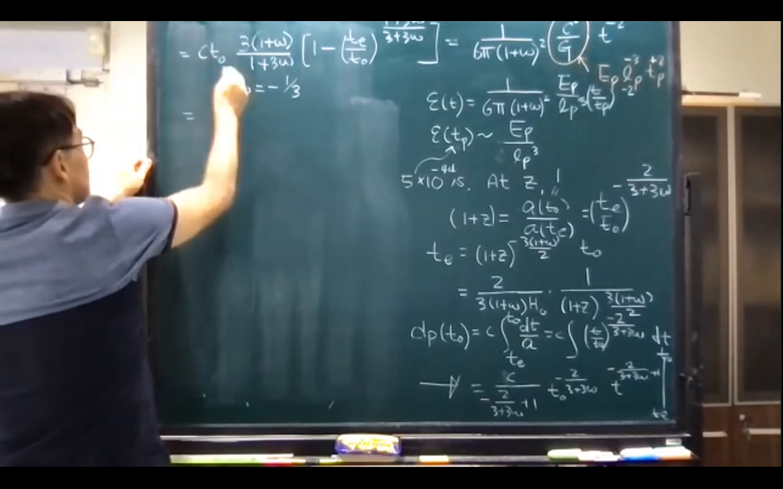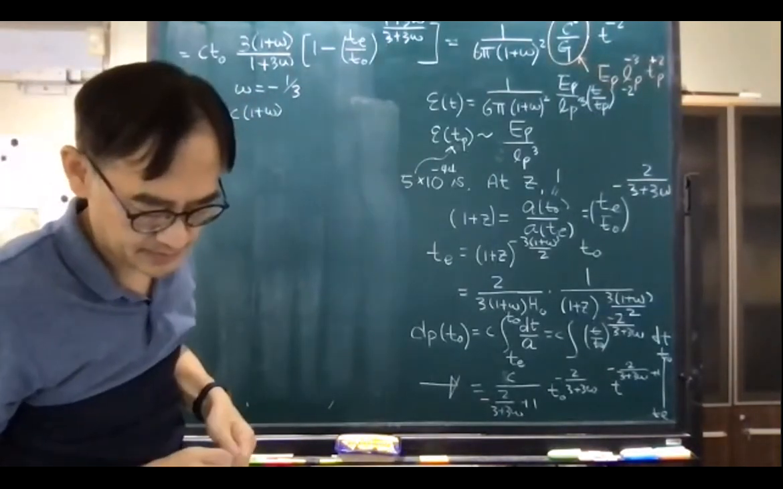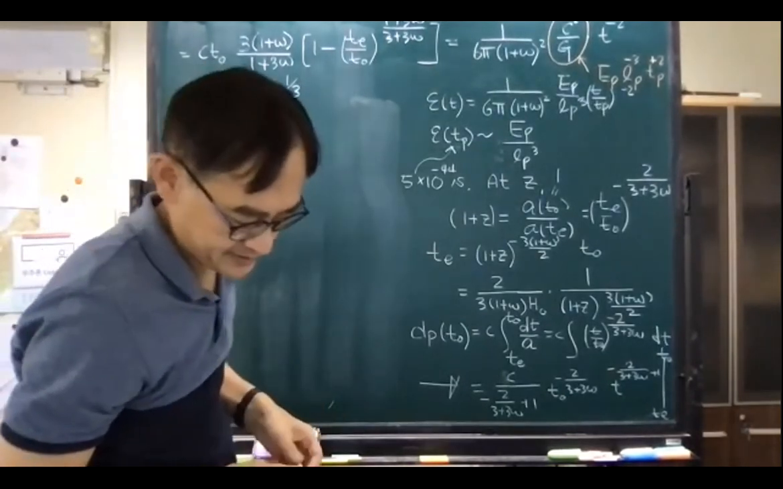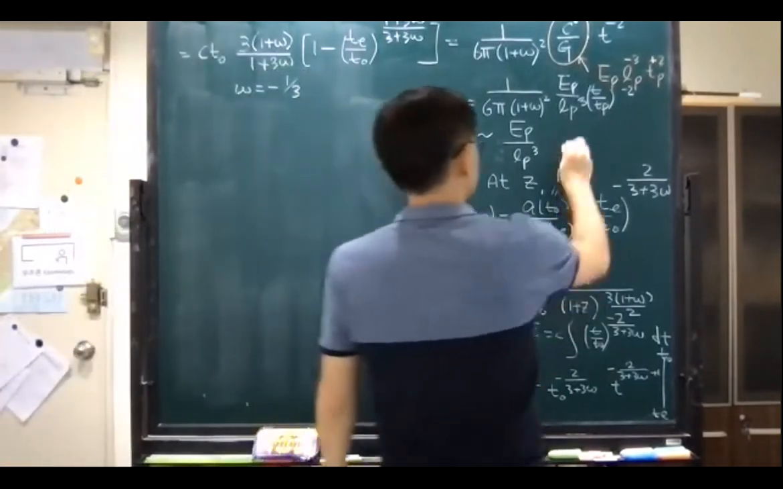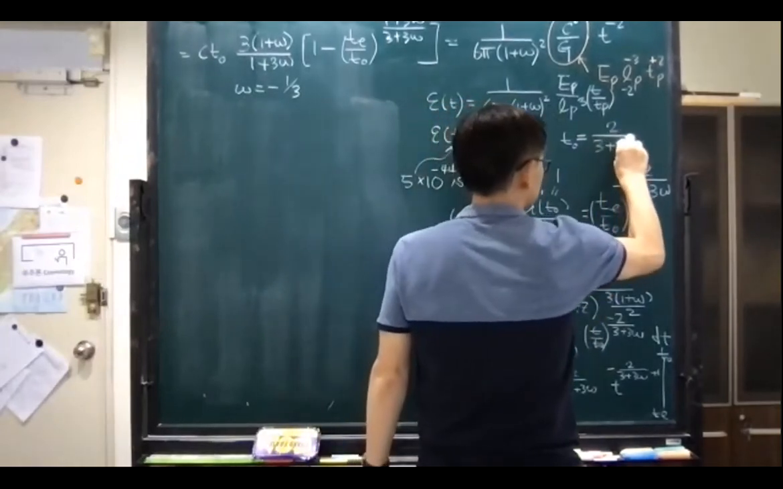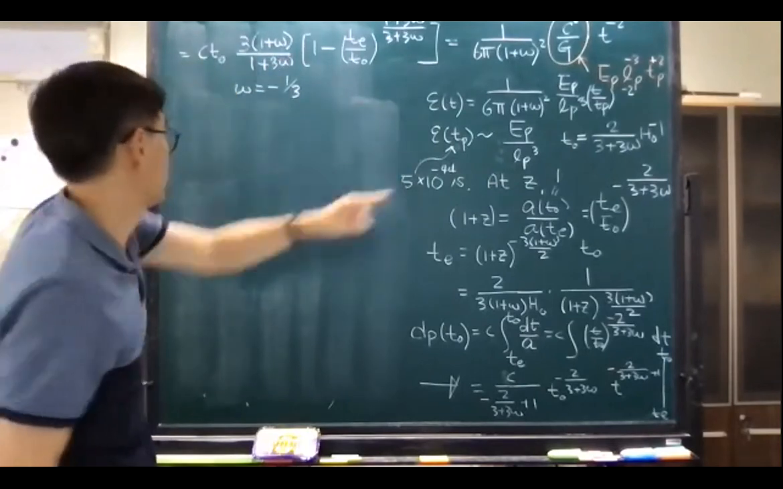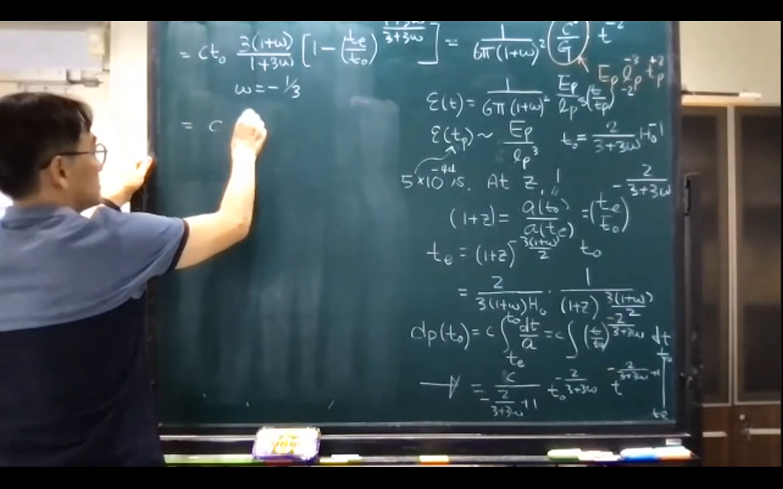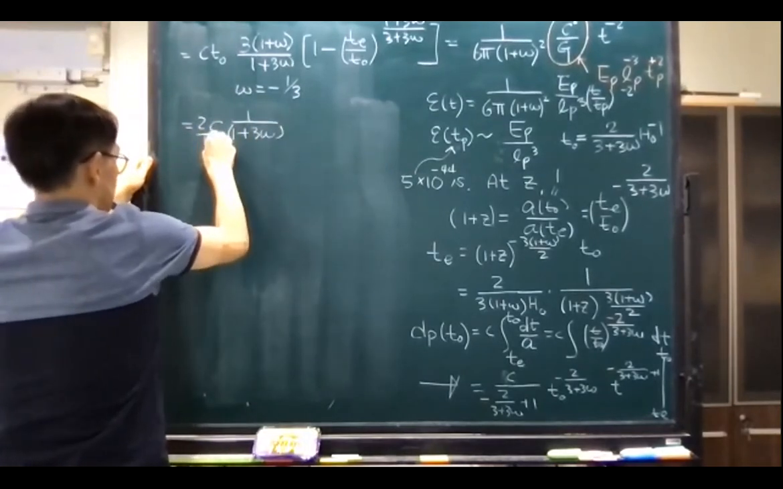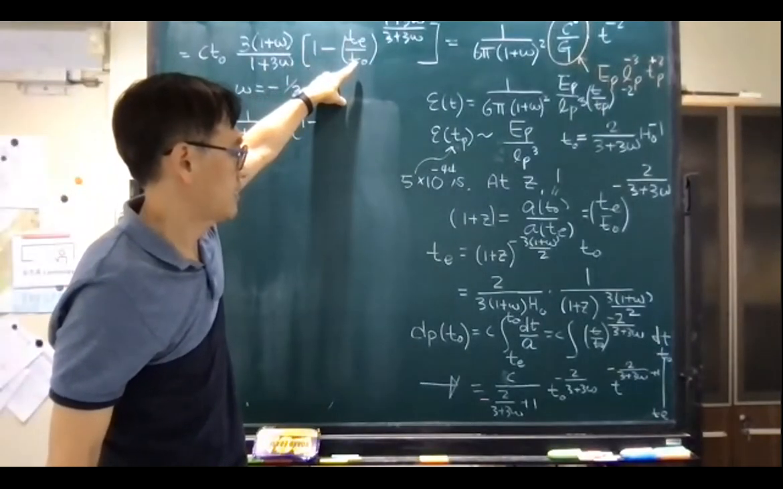Another format, instead of t0, we shouldn't be thinking about an empty universe. We have t0 was 2 over 3 plus 3w, H0 to the minus 1. And if we want to get rid of t0, this will cancel with that. So I have c times 2, 1 over 1 plus 3w, H0, 1 minus, and t_e over t0 is